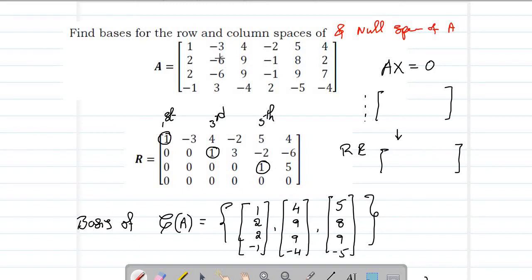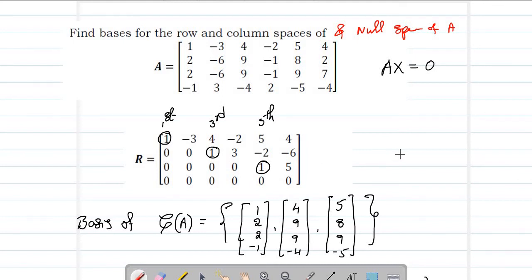So here you take that matrix and reduce it to echelon form. Here you can see the reduced echelon form of A. This is the reduced echelon form of A, right? Now I'd like to find the basis of the null space of A. So now I'll do one thing. I'll write the equations here,